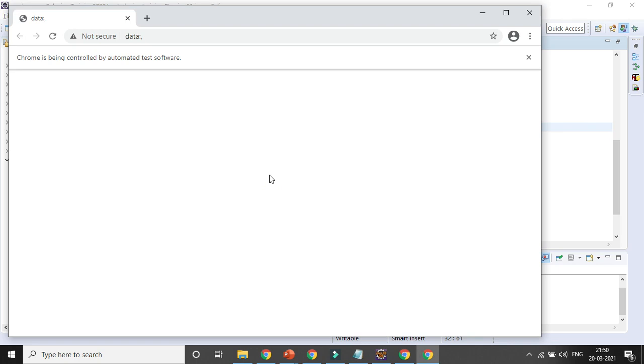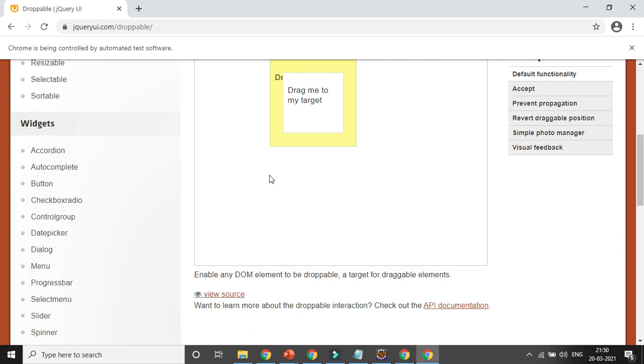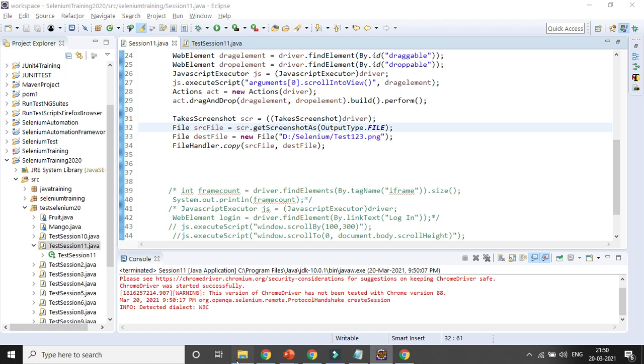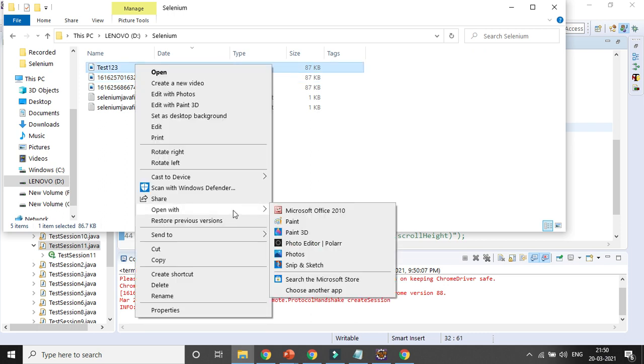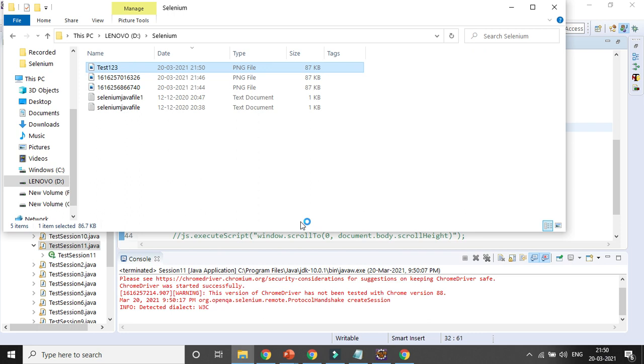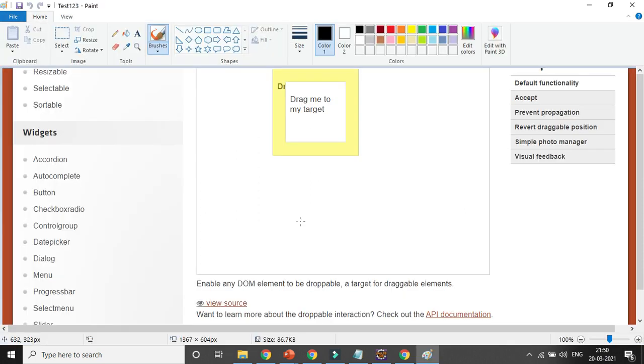In case you want to give any hard-coded name, you can give it, but I definitely would not suggest giving any hard-coded name. You need to use that millisecond format, so by default you no need to replace any screenshot and you can tell them apart, right? You can see test123 is generated, right? With the timestamp, you can see it is 9:50 p.m., and my time is 20:50. So by the timestamp you can get to know, and if you want to open it with Paint, you can open it. Okay, so that's why it is working.